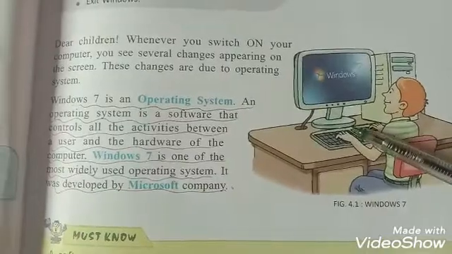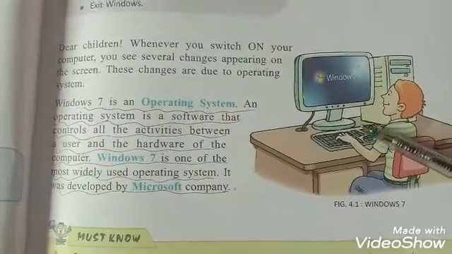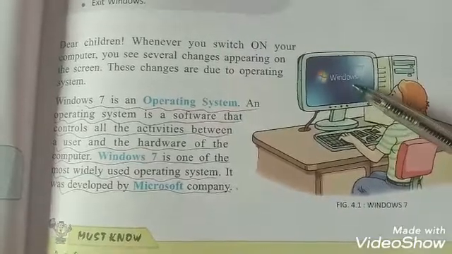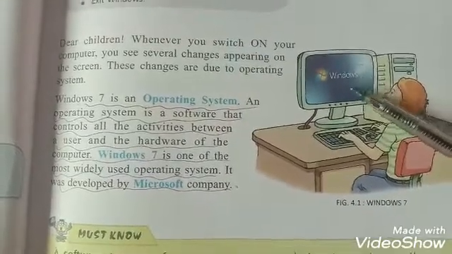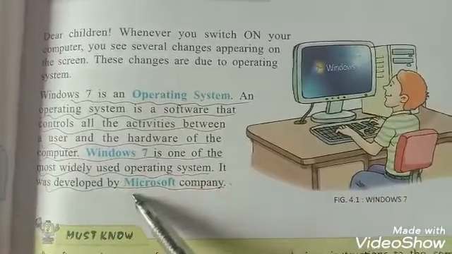Operating system controls the overall activities of a hardware, and Microsoft Windows 7 is also an operating system. It was developed by Microsoft.